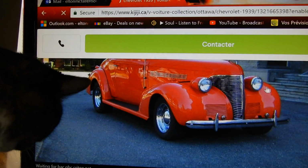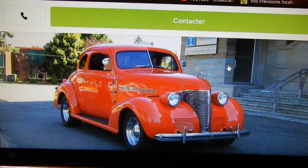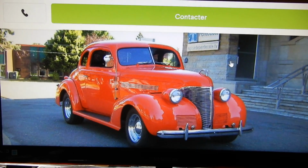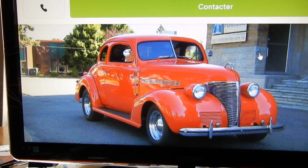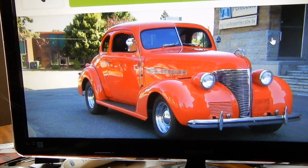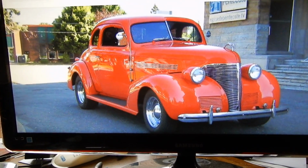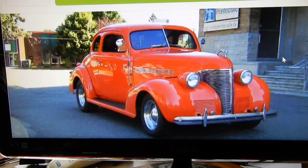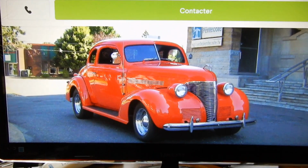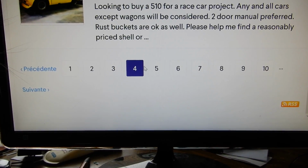Check out this 39 Chev here. Very cool rod. And it's funny because it says the car's in Montreal, and I actually wonder if this is the same one I saw one time. We all have these cars that strike a chord with us that we saw in our life. So we remember exactly the color, the model, the make, the year. I'm not sure this is the same car, but sure as hell could be. When I was living in the West Island in the Roxborough area, way before Roxborough merged with Pierrefonds,